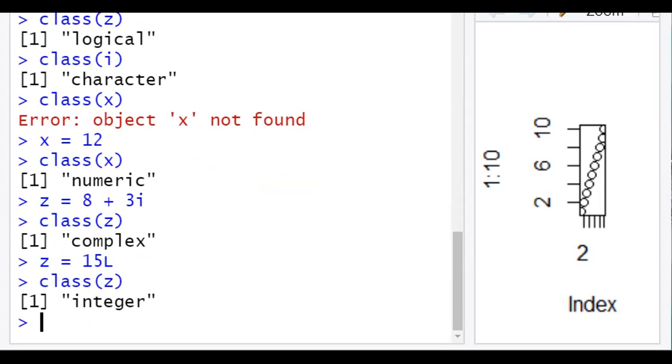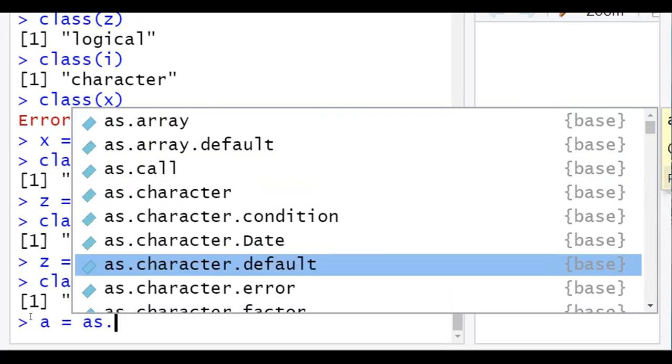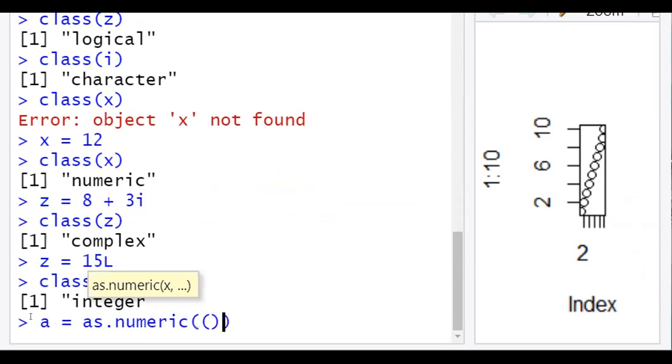Then type conversion is also possible. We can convert one data type to another using the as dot method. For example, we can write like this: a is equal to as dot numeric of z.